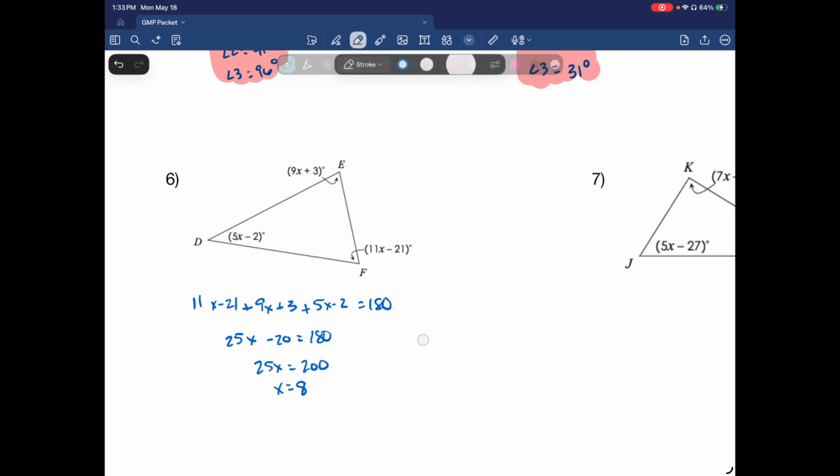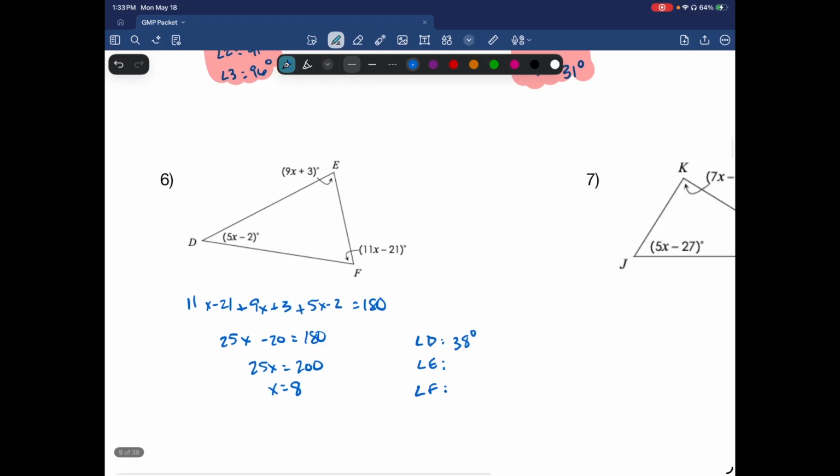Okay, D: 5 times 8 is 40, minus 2 is going to be 38. 9 times 8 is 72, plus 3 is 75. 11 times 8 is 88, minus 20 is going to be 68, minus 21 would be 67. And you should be able to add all these up and get 180. But you get 38, 75, and 67